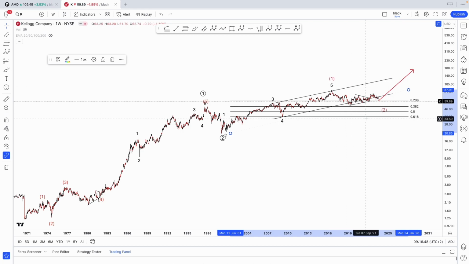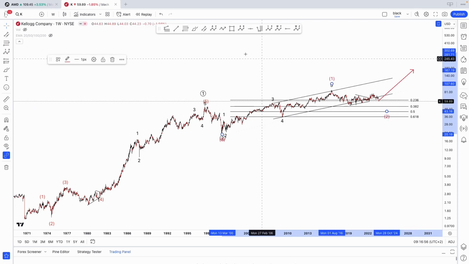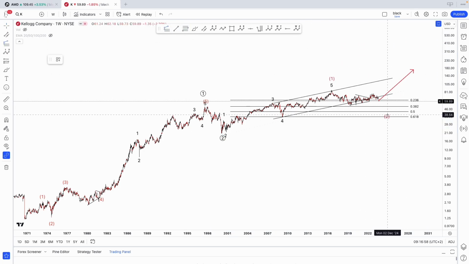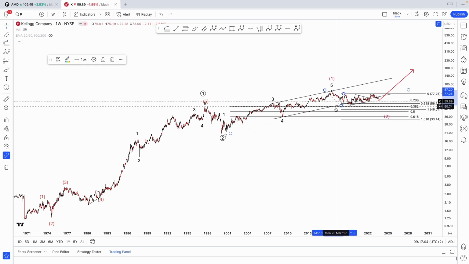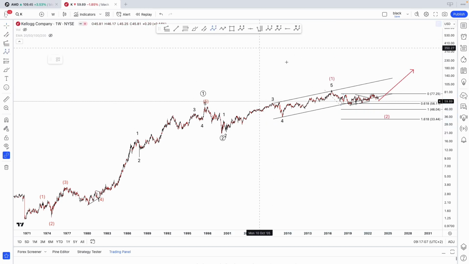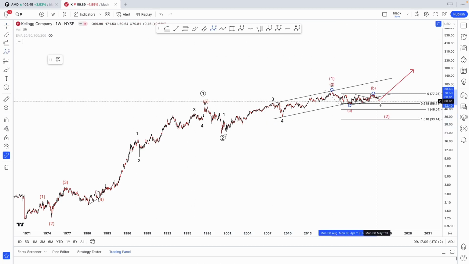As some of you may know, if you're into Elliott Wave, that would be a textbook move in terms of wave 2 position. But either way, it looks like if we do manage to move lower, we could easily hit that target. In addition to that, we can also look for equality of the two down legs, so that would be wave A and B within wave 2, obviously, and equality would stand at $46, and we have the next target at 33. So this area would be our zone of support, which